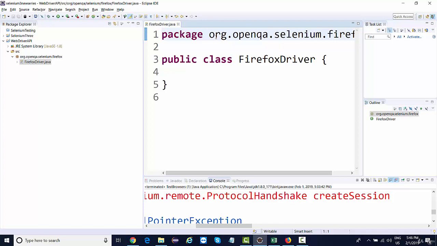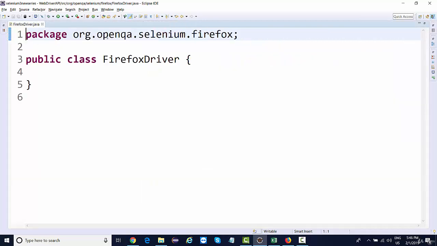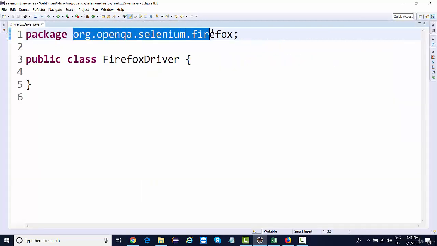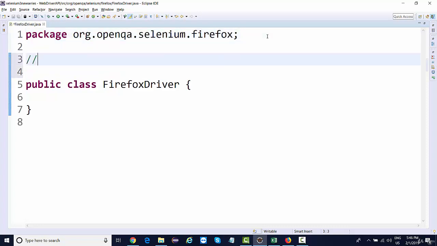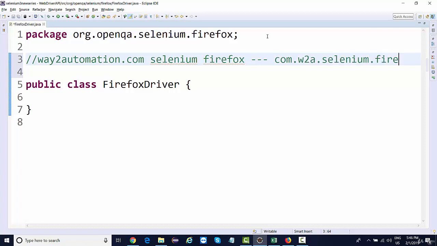Packages are nothing but folder structures, right? There is a naming convention given to the package. Let's say my company is way2automation.com, and I'm working on a Selenium project in which I'm handling a module of Firefox. So this will be written in reverse order: com.w2a.selenium.firefox.